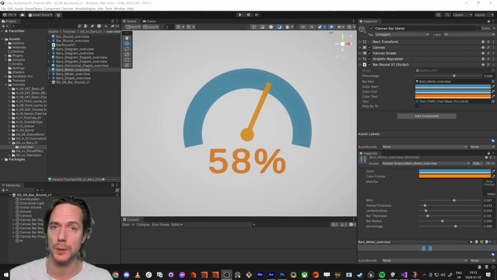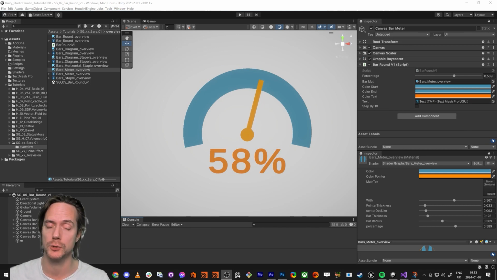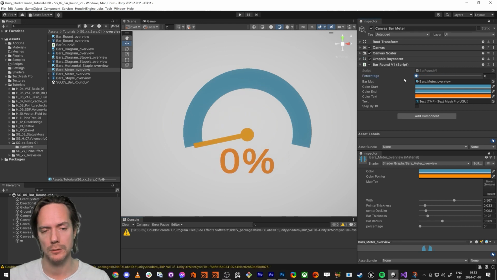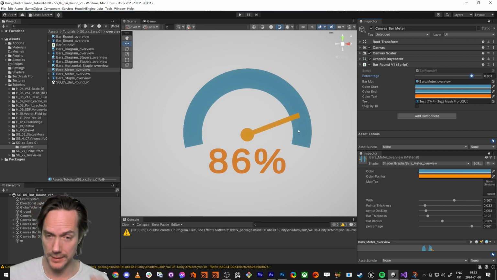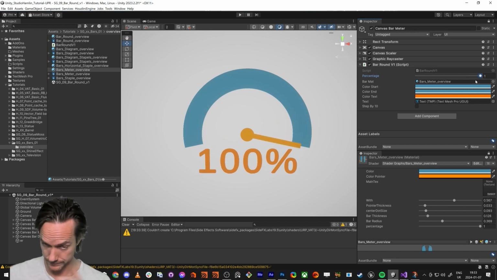Hello everybody and welcome to this tutorial. We're going to make a UI element as you can see on the screen, and it's going to be made in shader graph. You have a percentage slider here, so 0, and the more you increase, the more it's going to work. Like imagine it's an engine working really hard, up to 100%,